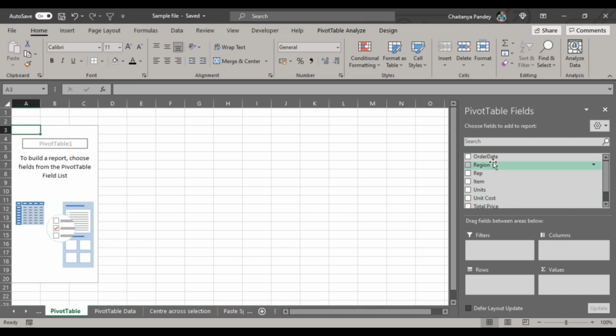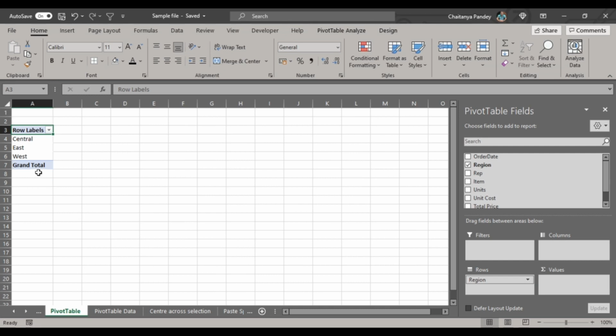What you need to do is select this region field and place it under the Rows section, because this will create rows of regions. If I leave it there, you will see it has extracted all the regions that were in the original sheet. Now you want to know the total price, which means you want to know a value.